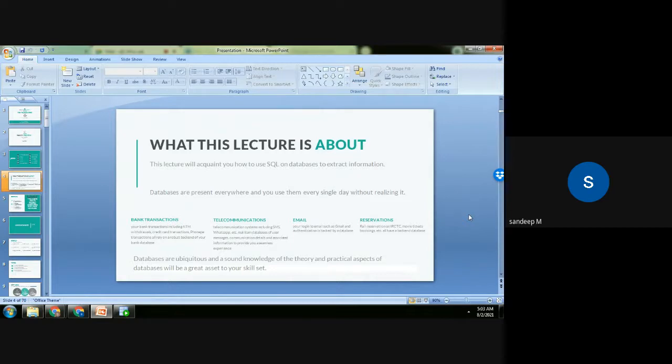In telecommunications, all your SMSs and WhatsApp chats are also stored somewhere, because you are able to retrieve messages from many years back. Emails, all your communication, your Gmail: you can see messages from some decades back. I can access my email from 10 to 15 years back. Those emails are still available; they are stored somewhere. When you log into Gmail, your user ID and password are authenticated against some value stored in the database. And all your reservations, your railway reservations, your bookings, anywhere, databases are everywhere. You just look around, and you'll see databases are everywhere.